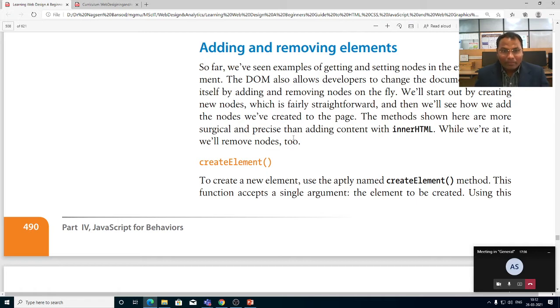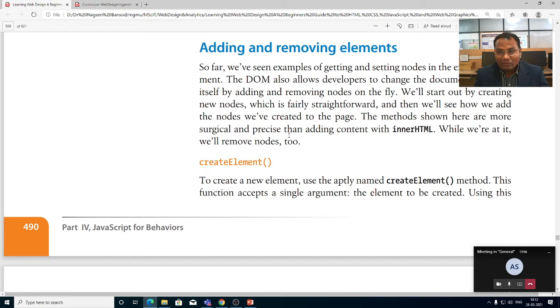So in the previous lecture we discussed the document object model and how it allows developers to change the document structure, adding and removing nodes on the fly.